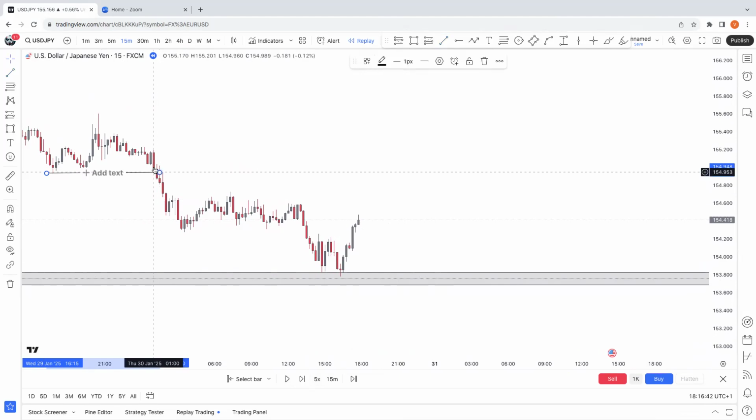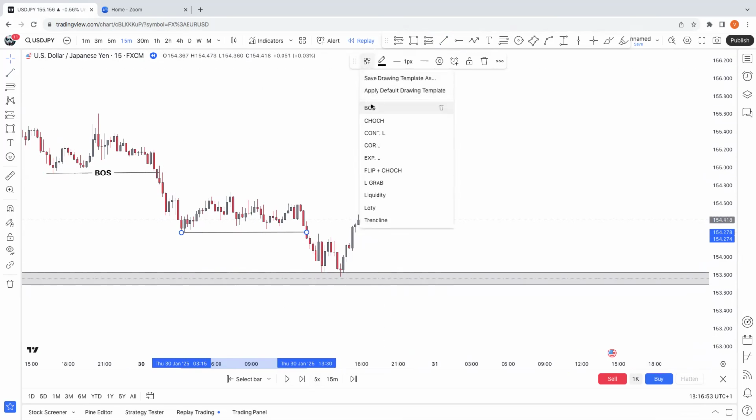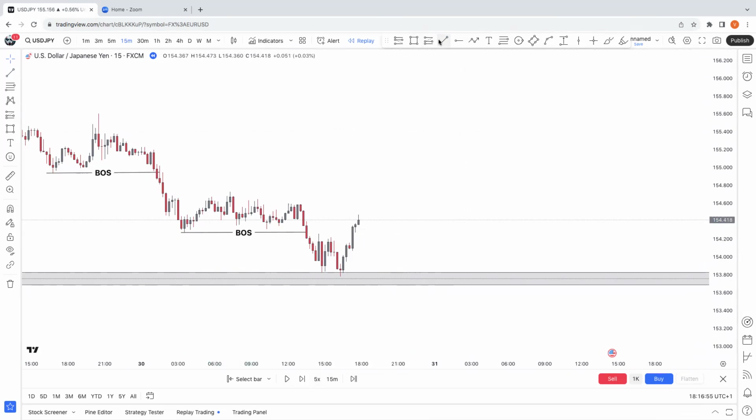What is this? Can you guess? A BOS, right? And then look at this, another BOS, right? Another BOS here, and another BOS here as well. Look, this is the last BOS, right? This is the last BOS right here. So a BOS there. And we don't expect, remember I told us, this is the last lower high that created